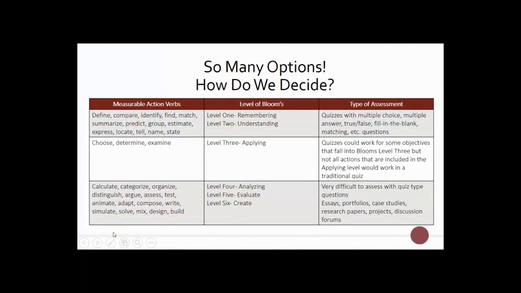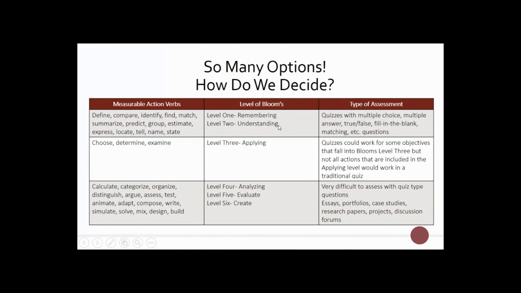So to get started, I want to give a really good picture of this alignment and how it works and why this backward design is set up the way it is. So I titled this slide, So Many Options, How Do We Decide? Well, the answer to that question is simply based on, first, the words that we include in our objectives that are measurable. And so those can be a variety of different words that come from the different, and I used